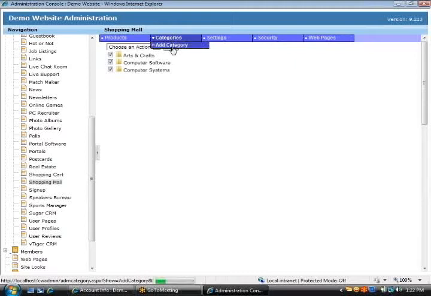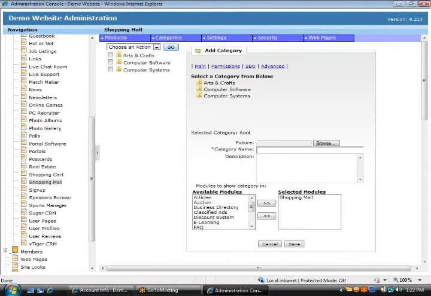To create a category, we simply click on Add a Category. And from here, you are able to decide whether the new category that you are creating is going to be a subcategory of an already existing category, or it's going to be at the top level. So from this point, let's make it the top level. We can call this one, we say music